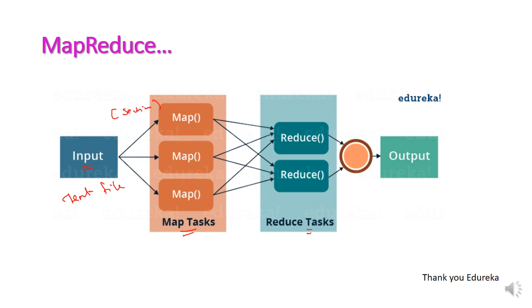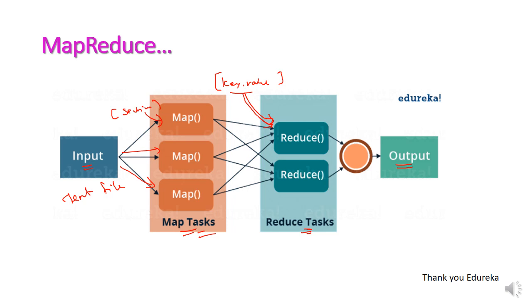The huge text file will be divided into small sections. Split the text file into small sections, and those small sections will be given to different map functions, and those map functions will be executed in parallel, and the output of a map function is a key value pair. This is the intermediate result of our MapReduce programming, and this key value pair will be given to the reduce function, and those will be reduced and we will get the final output, a final single output.